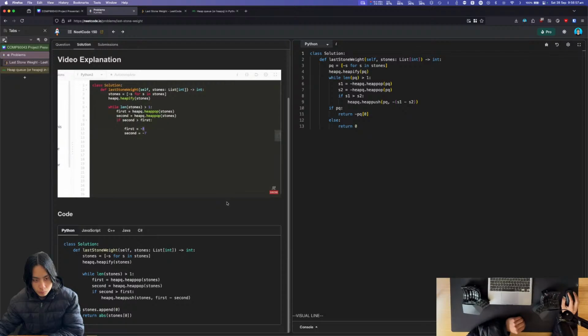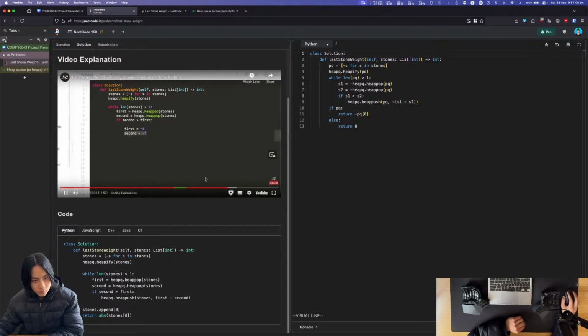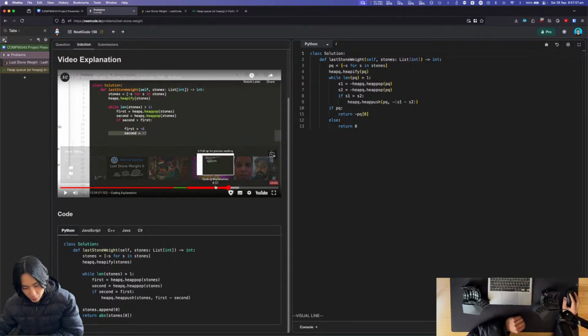Suppose the first stone had a weight of 8, in that case, it would have a value of -8, and the second one had a weight of 7, and the value would be -7 in that case. Then of course, -7 is a greater value than the first stone, right? So that means basically this second is the smaller stone, and we have to